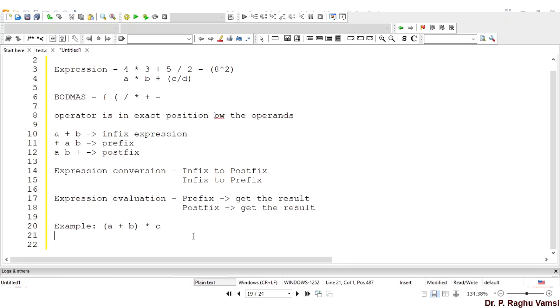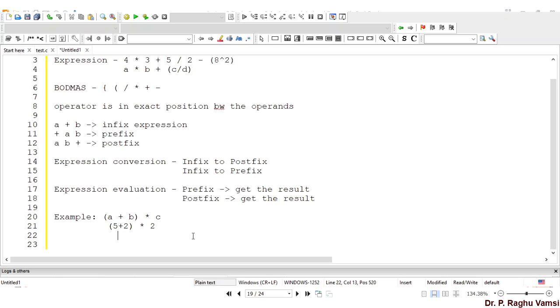That means in a specific way, if the expression is like this, (5 plus 2) star 2, first you have to compute 5 plus 2, that is 7, star 2. Then you will get 14. But this is for evaluation. But to convert a given expression into either prefix or postfix,